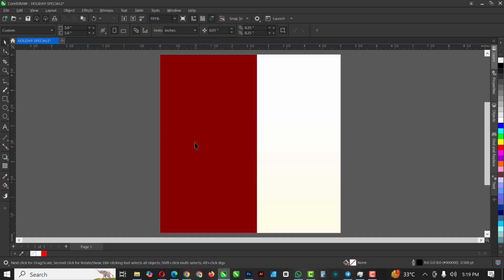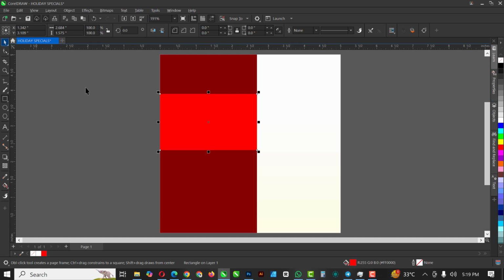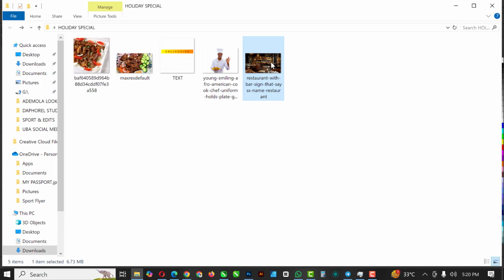So let's go ahead and spice things up some more. Let's see, so with my rectangle, or yeah, create a rectangle like this, give it the red color. Okay, no, scratch that. Let me get rid of this. It's not time for this yet. Let's do it gradually. So the next thing you want to do is go over to your resource file and